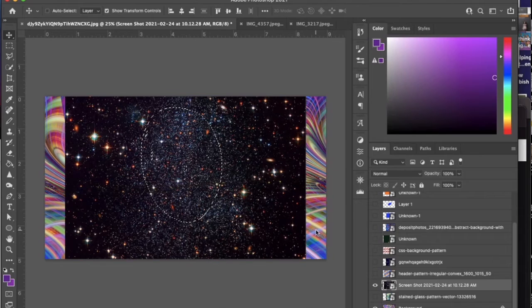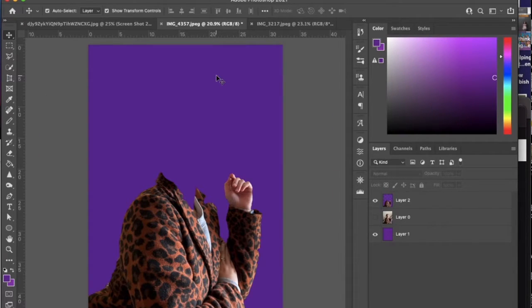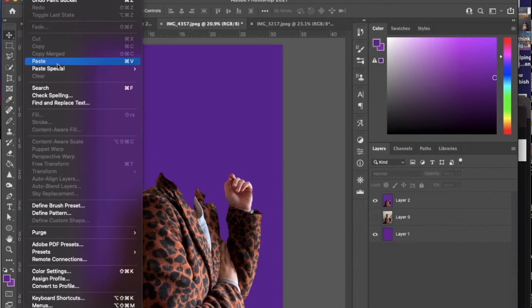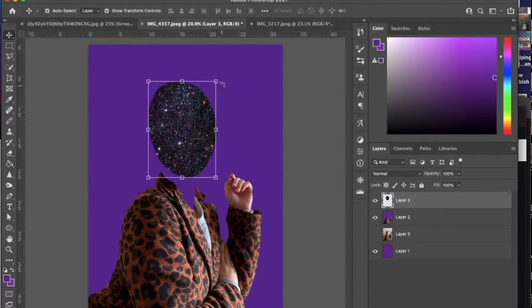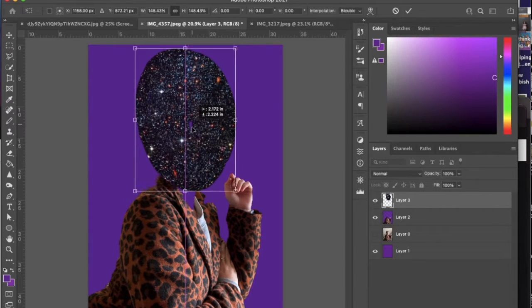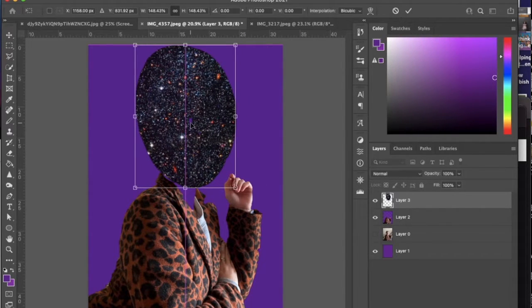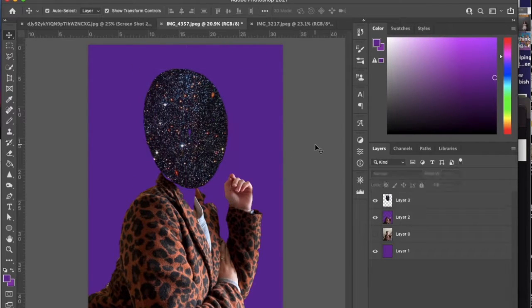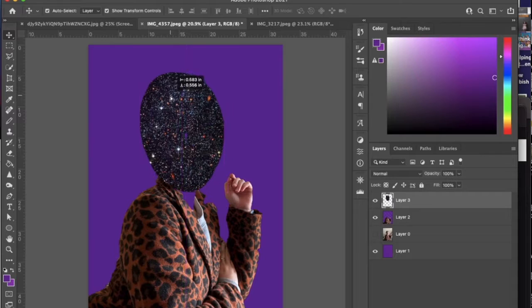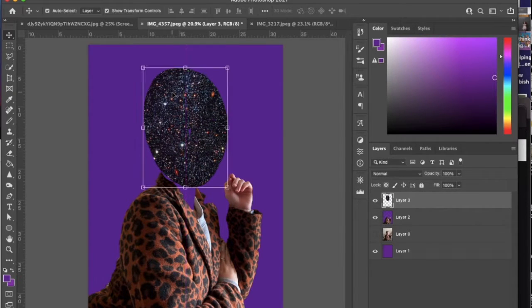OK. And so next, I copied it and I brought it to my final file, and I not copied it, I pasted it this time. And so now I just played around with making different sizes, seeing how I liked it. You can play around with the perspectives, the angles. And so what I do next is, after I move it around a little bit more,